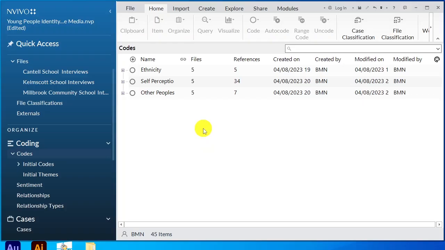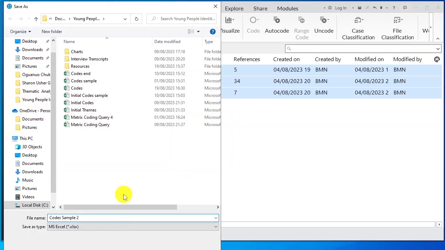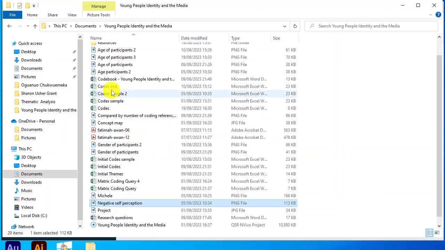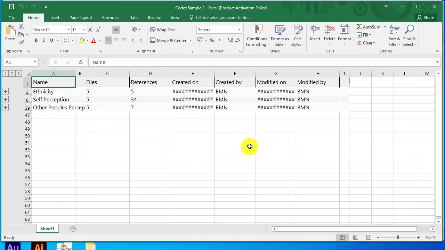So if I press Ctrl+A on my keyboard and then right click and go to export list, and call this codes sample2, and let's save that. It's an Excel file. NVivo will export all our codes and all our themes as this Excel file that you can see here. When we export the list, NVivo will export all our themes first, in the order that we